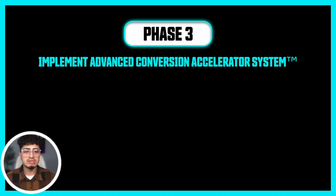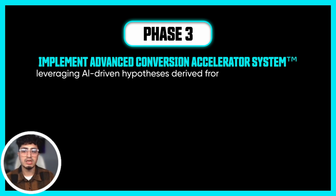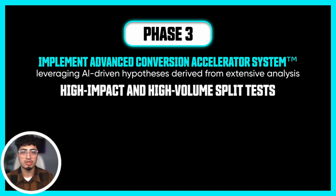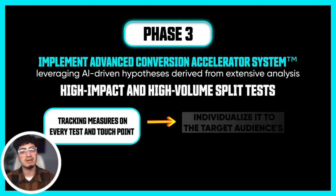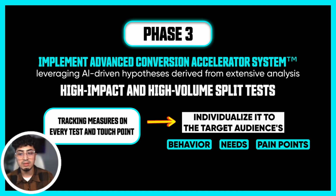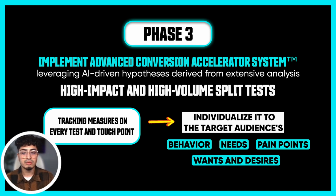Phase 3, we implement the advanced conversion accelerator system leveraging AI-driven hypotheses derived from extensive analysis of millions of conversion touchpoints to create high impact and high volume split tests that we launch on all the crucial pages throughout the customer journey, with tracking measures on every test and touchpoint to understand exactly how we can individualize it to the target audience's behavior, needs, pain points, wants, and desires so that they will actually convert and spend a lot more